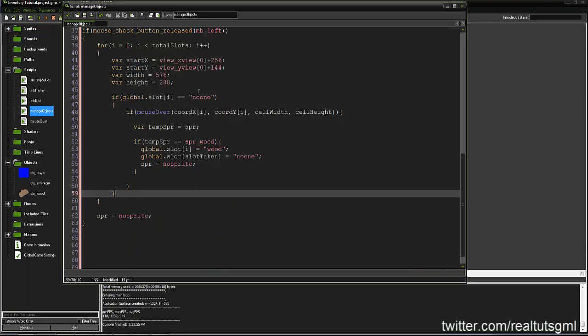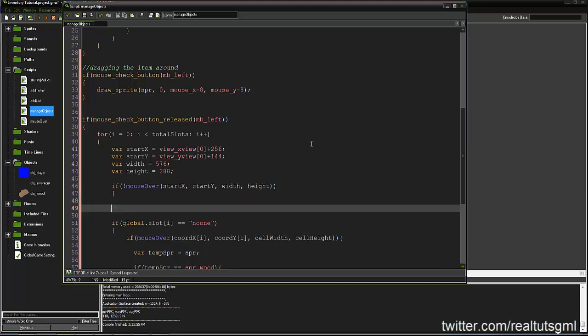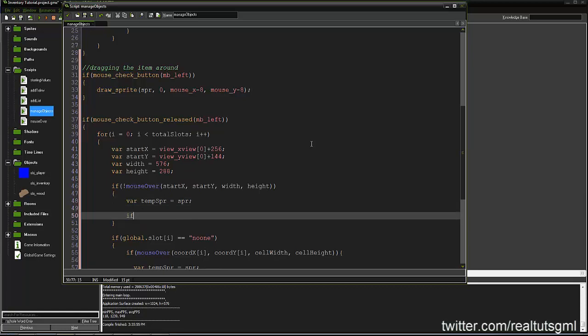What I was doing up here with these, if you want to go ahead and let's say you don't want the item anymore, we can say if not mouse over start X, start y, width, and height. Then we can create our temp SBR equals SBR, and if temp SBR equals SBR wood, then